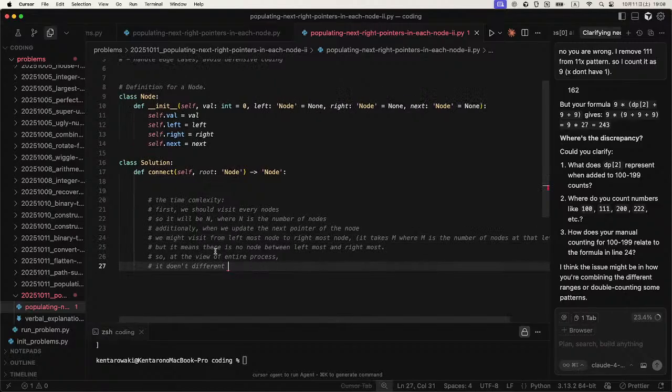But it means there is no node between leftmost and rightmost, right? So at the view of entire process, it's no different from the case where the